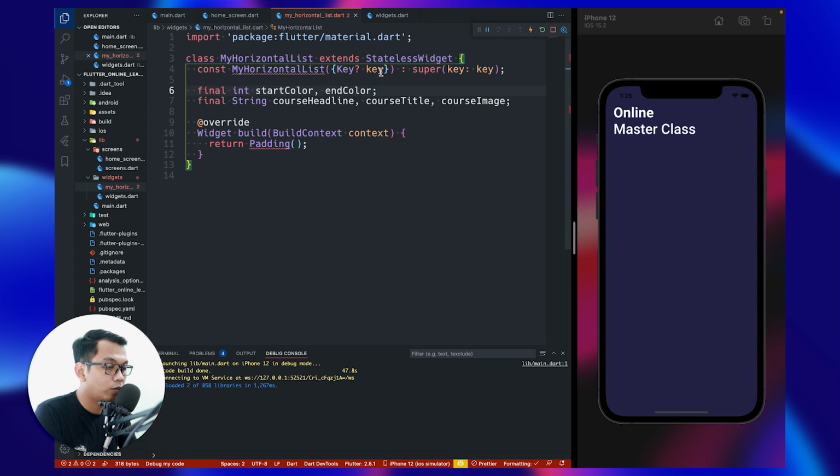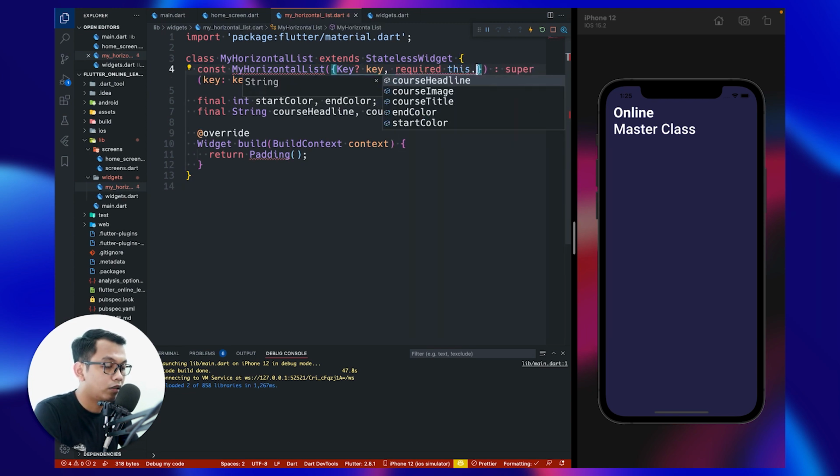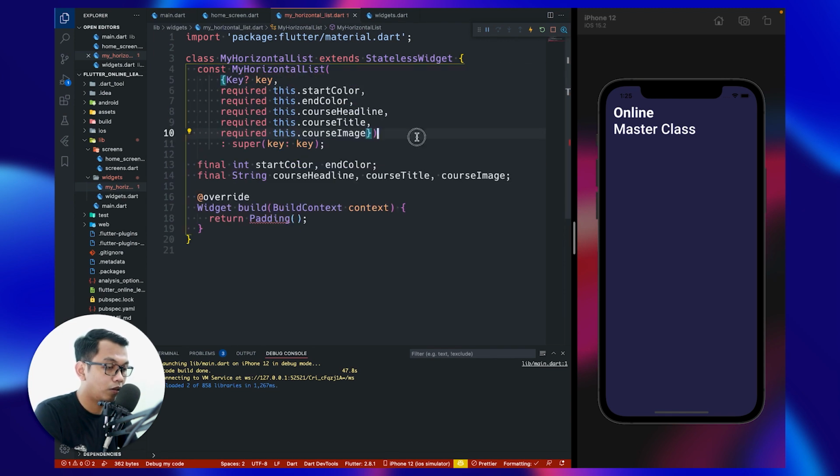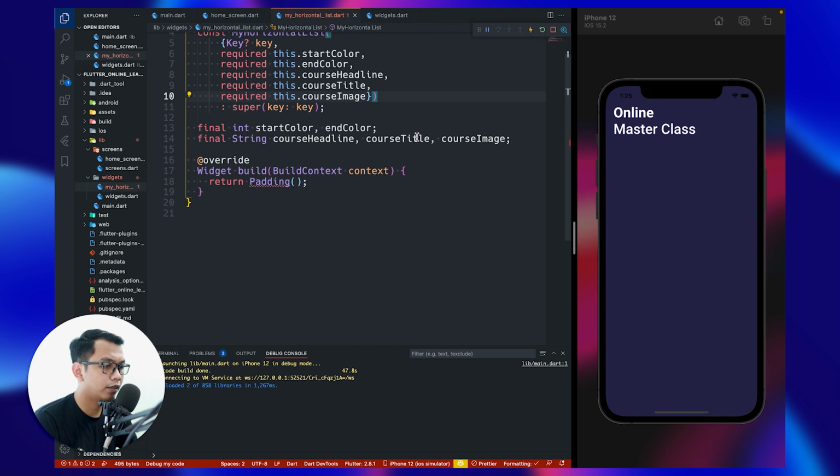And don't forget to call our variables right here, required this.color, looking like this. So we have at least 5 variables to save our values: startColor, endColor, and then headline, title, and image.